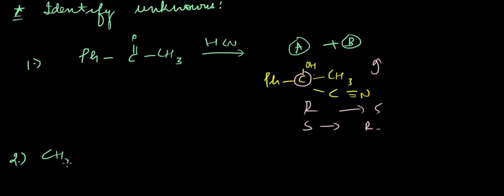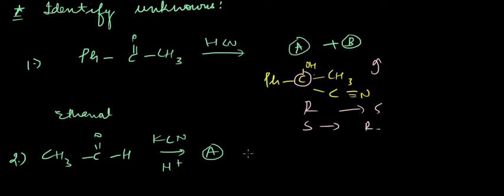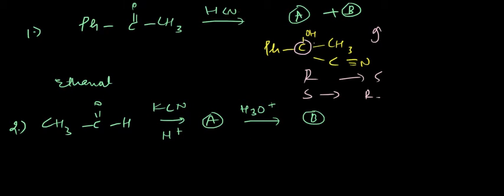Second compound is acetaldehyde, rather, it is called ethanal, which is reacting with KCN in presence of H plus. We are getting product A, and then on hydrolysis in acidic medium, we are getting product B. Then what are A and B? A would obviously be a cyanohydrin, and B would be something like